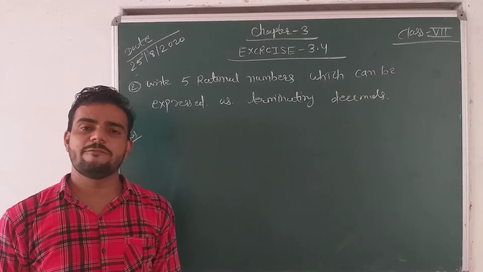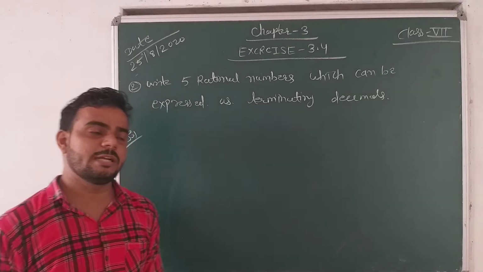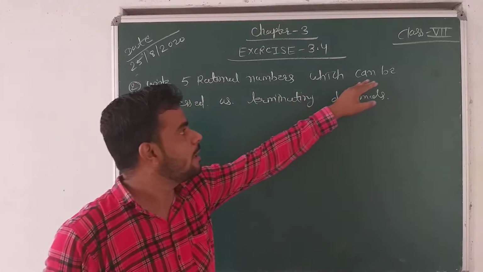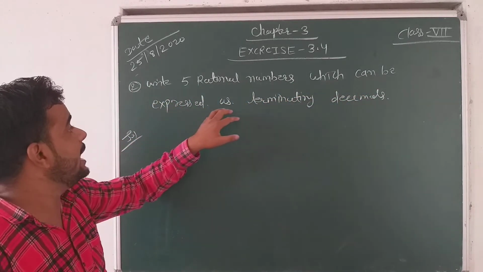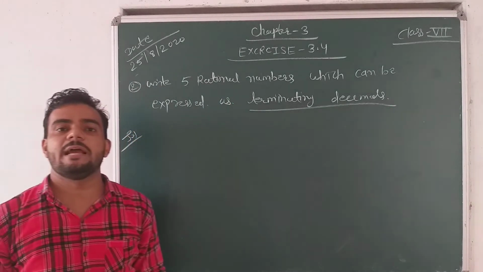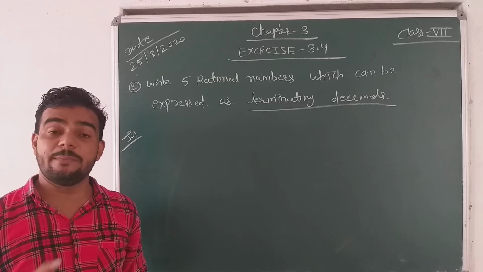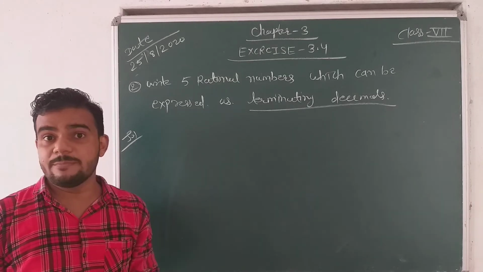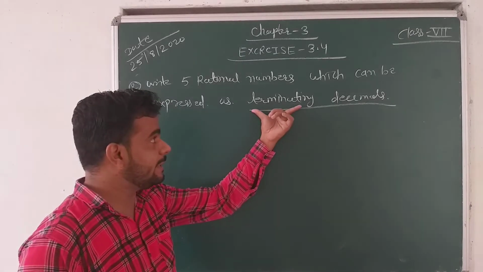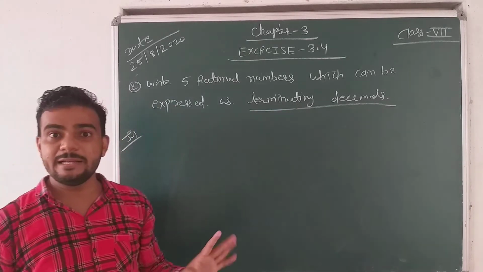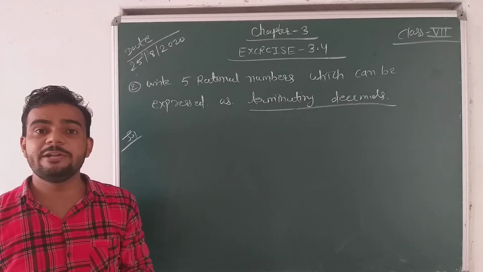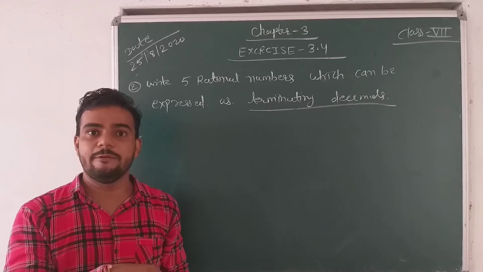Okay, I think you understood the first question. So now we are going to start the second question. Let's see the second question. Write 5 rational numbers which can be expressed as a terminating decimal. It means from your own mind you can write 5 rational numbers that can be expressed as terminating. Means the remainder becomes 0. Don't underestimate this term. Terminating means no need to write any decimal. Okay, only the terminating decimal. It means that when we divide, the remainder becomes 0. That only we have to write.